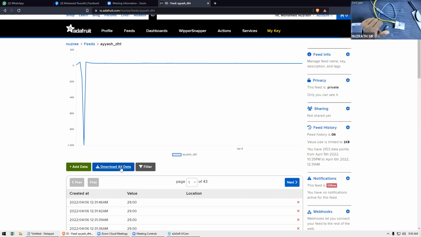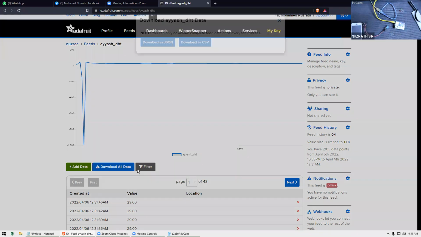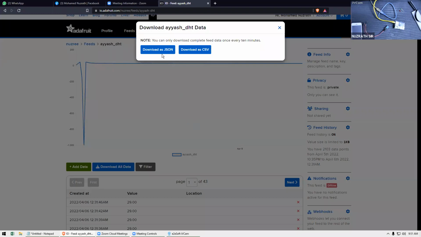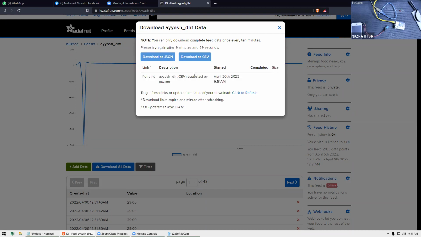Okay. So just the idea here, once you go to the feeds, you can download this data as well. I'll just download and show you, right? So download all data. You can download it as a JSON file. JS means JavaScript Object Notation. This is the JavaScript way of downloading data, and you can process them as well. You can download it as a normal one, which is the CSV, which you can simply open with, what do you call,